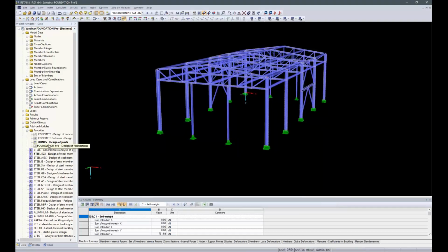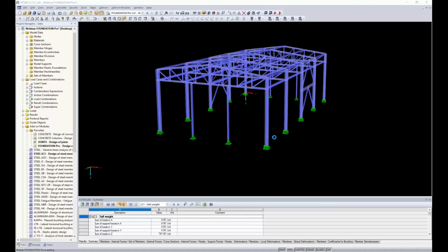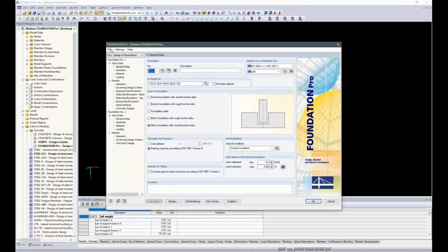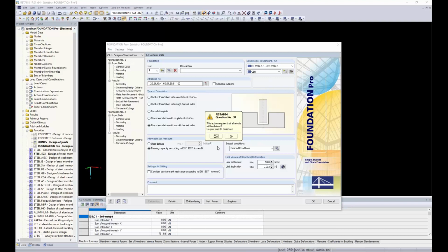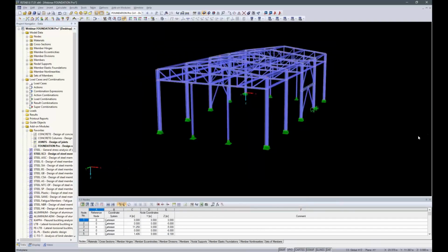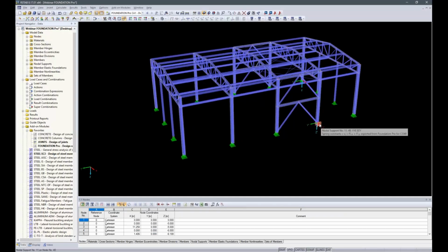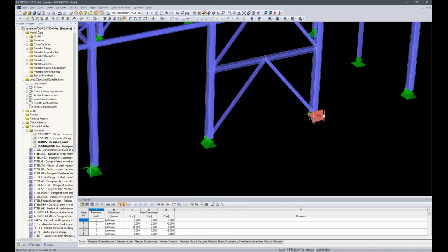I forgot. I can also export these support spring constants to RSTAB. This would require all the results to be deleted because we change the model itself. So we click OK and close the module, and now we can have a look at this node number 40 at the nodal support. Double click on that one,